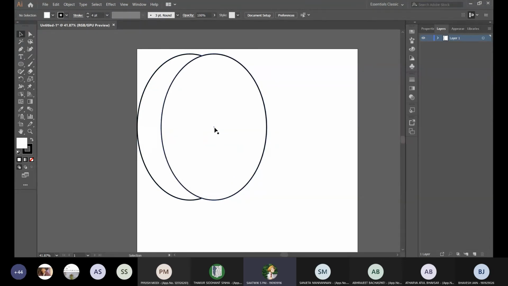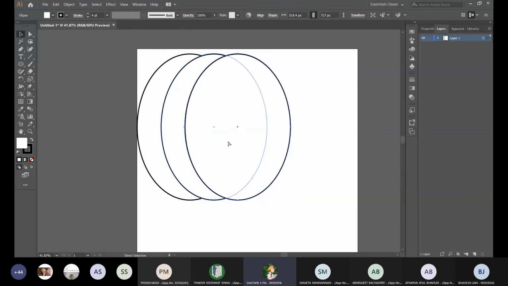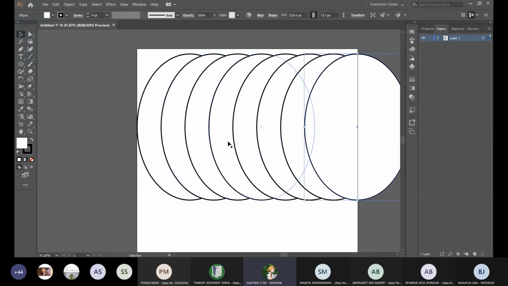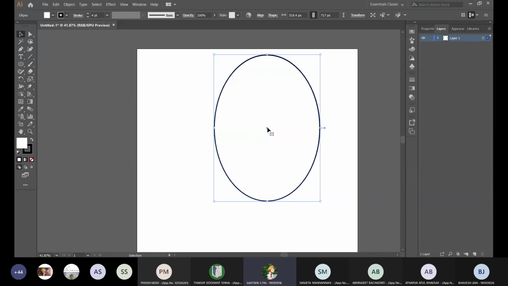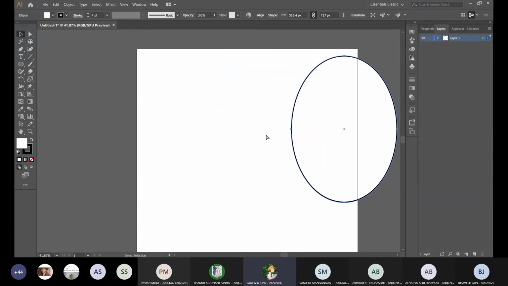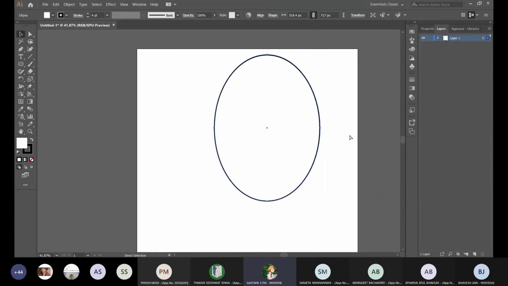If I want to do that again, if I want to make it a pattern like this, I select the thing and hit Control D. It repeats the last action I did with the selection tool. Say with the selection tool I moved it to some portion to here, I didn't copy it, I moved it. I still hit Control D, it will still move it that side.